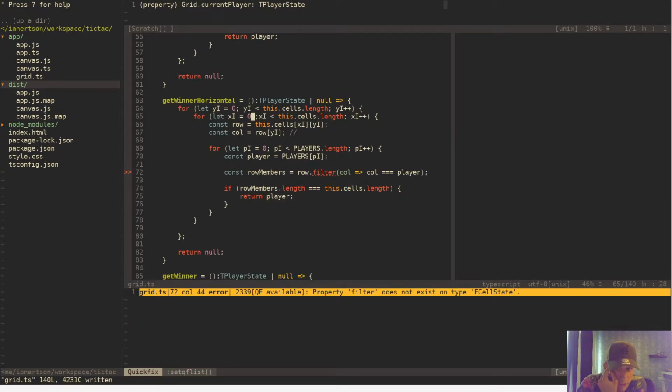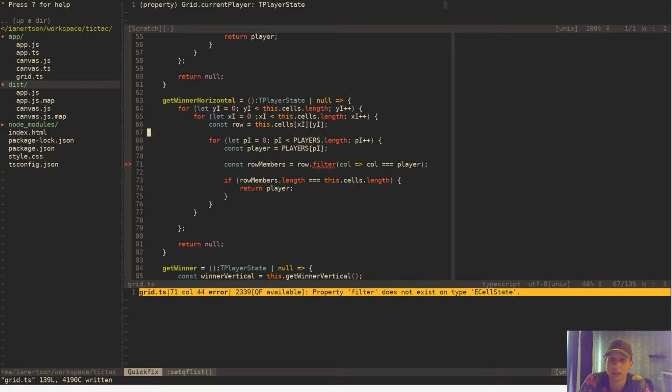Because now we're iterating the y coordinate first. So we're iterating the y coordinate first, which means that this will actually be a horizontal row now, I think. So we don't need that. Filter. Right. So we would do